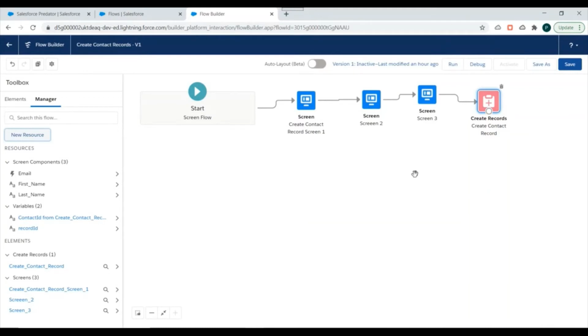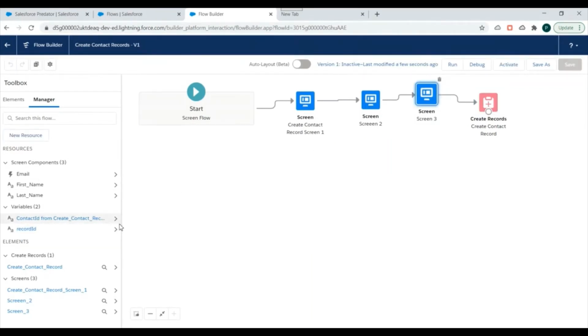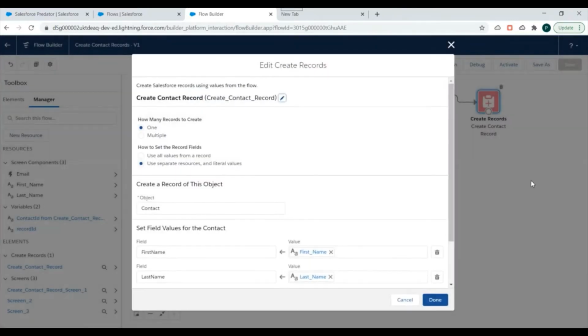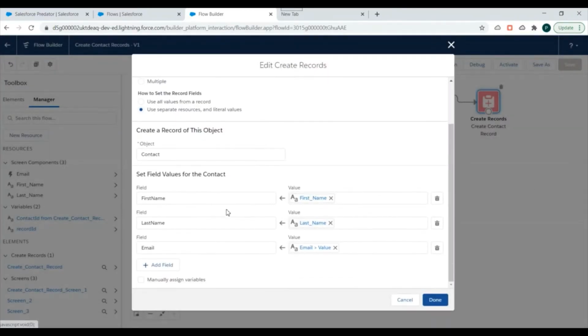We are creating a contact record, right? So we'll include this flow inside the account record detail page, and we'll pass the account record ID into this record ID variable, and we'll use this record ID inside the create records element. So we'll go to create records, and already we are mapping first name, last name, email.